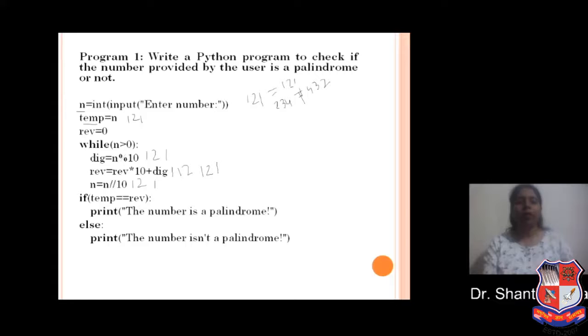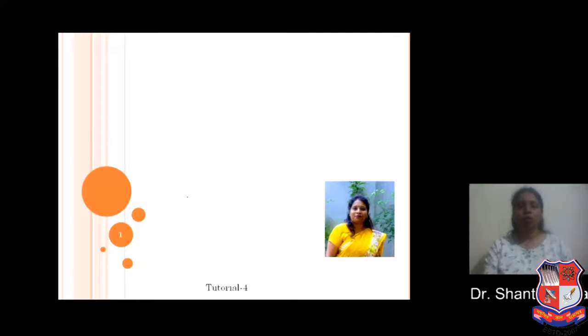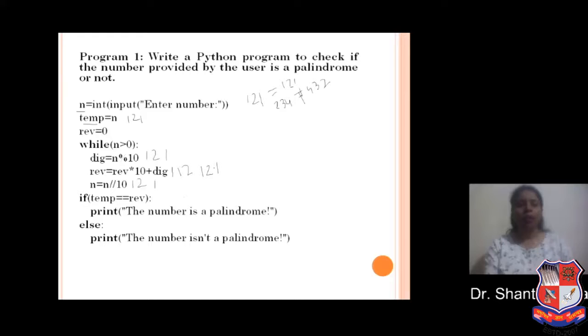So finally the value in reverse is 121. Now if we floor divide 1 by 10, the value is 0, so the loop breaks. And if we check that temp equals reverse, in temp the value is 121, in reverse the value is also 121, so it prints that the number is a palindrome number. And if not, it gives you that the number is not a palindrome number.